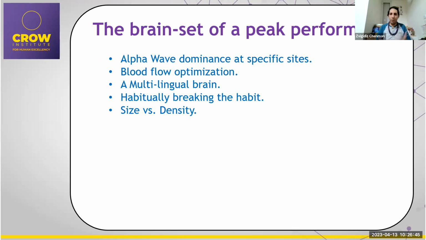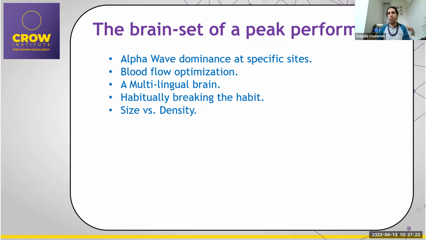When we talk about brain and performance, alpha wave dominance at specific sites, like I said, at the back of the brain, okay? That's something that the brain has to be able to achieve. Now, a bit of numbers that might be boring, but just so we know, okay, most people, if they're not already at that stage, would probably start at around 10% of the time, being able to perform at about, let's say, 9.5 to 10 hertz at that state, right?